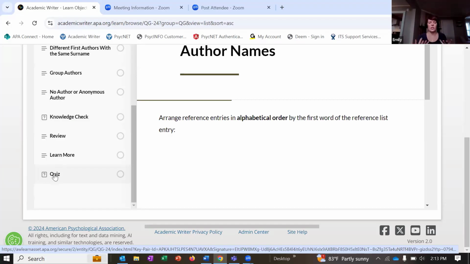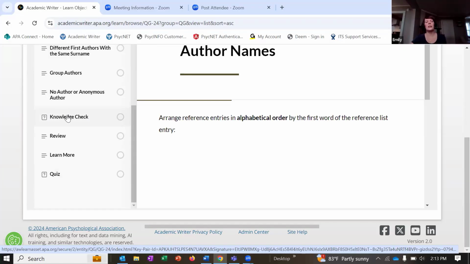It has some weight to it. It's worth something for the students, and they can also get a certificate, proof of completion, that will also show the score they received on the quiz. The knowledge check is just for practice.